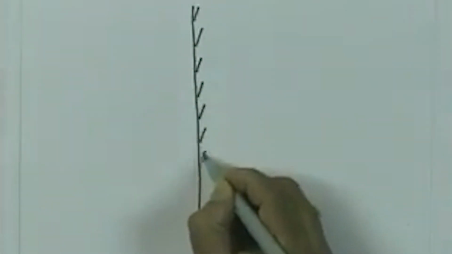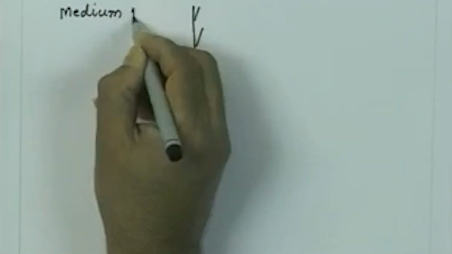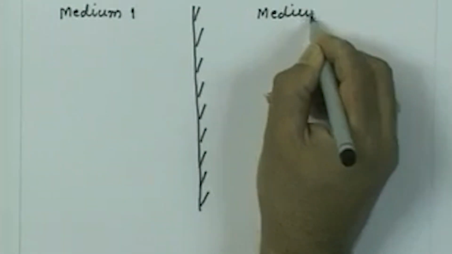So what we are now saying is, instead of having an infinite medium, if I divide the medium into two semi-infinite media, so I have what is called a media interface. On the left side of this line, we are having a medium which is again infinite. On the right side, we are having medium which is again infinite, and the medium properties abruptly change at this location here, what is called the media interface. So on the left side of this, let us say we have medium 1, on the right side let us have medium 2,